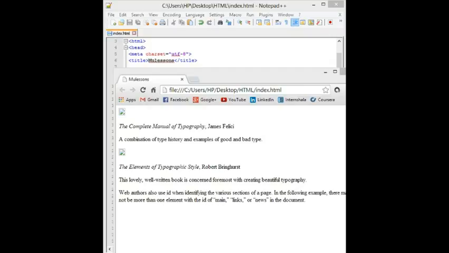Let's start by classifying some elements in the earlier example of the books. In this example, I have added class attributes to classify each div as a listing and to classify paragraphs as description.